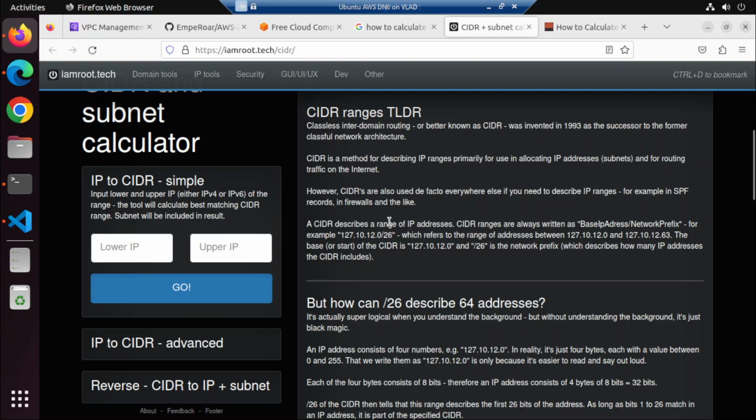A CIDR describes a range of IP addresses. CIDR ranges are always written as base IP address slash network prefix. For example, this one here. This is the base IP address. This is the network prefix. So for